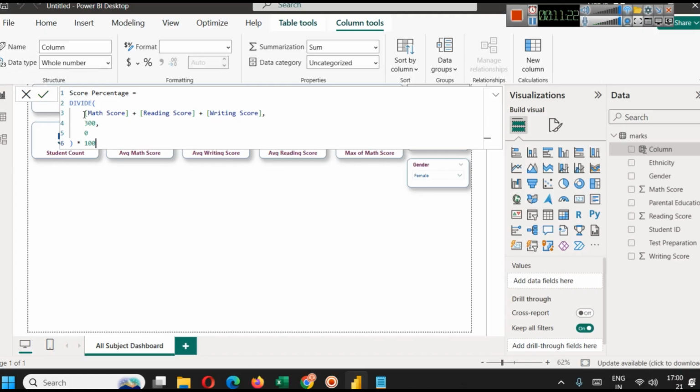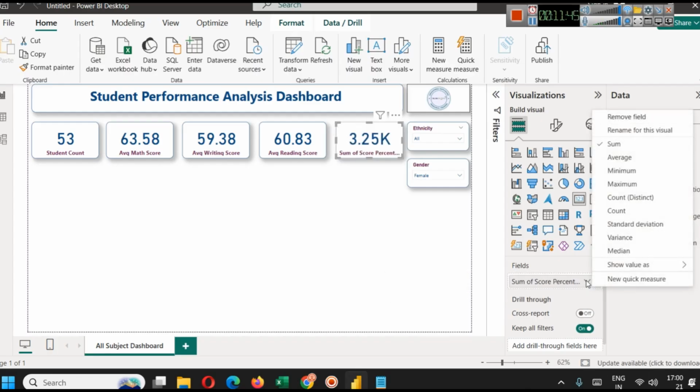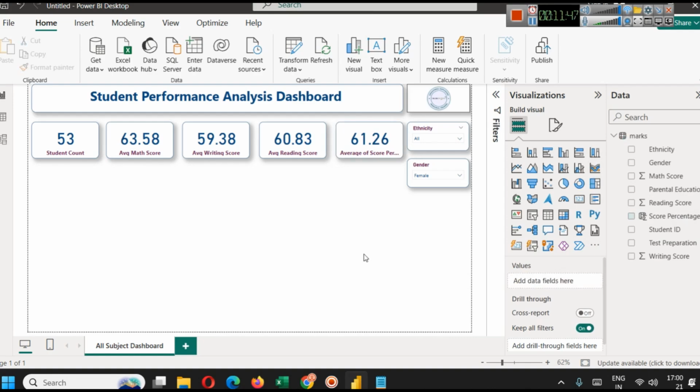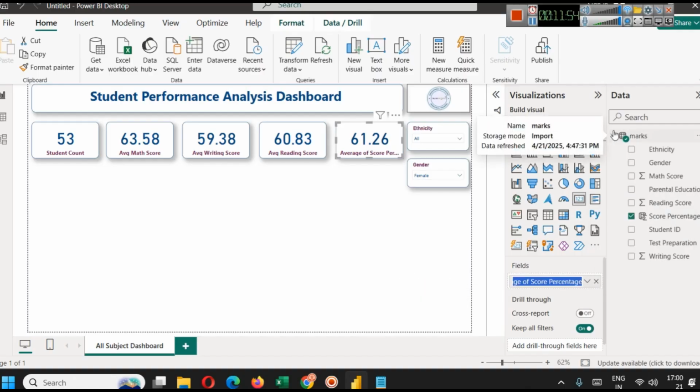Now as you can see here, math score, reading score and writing score, we have to use this, right? So first of all, when you create this, let's see. Here, instead of showing maximum of math score, we can also show average of score. So this will show the overall average. So 61.26 is the overall average score. Okay, so we can see average of